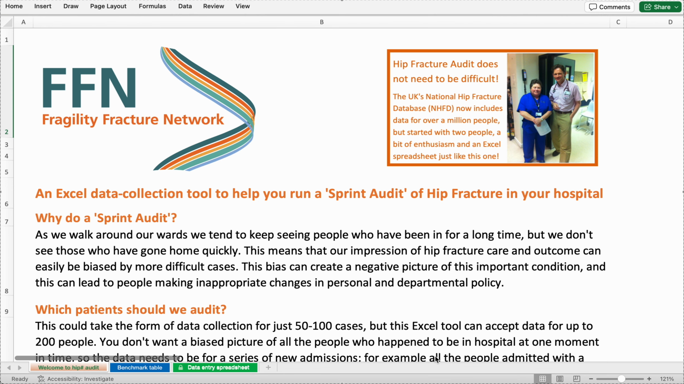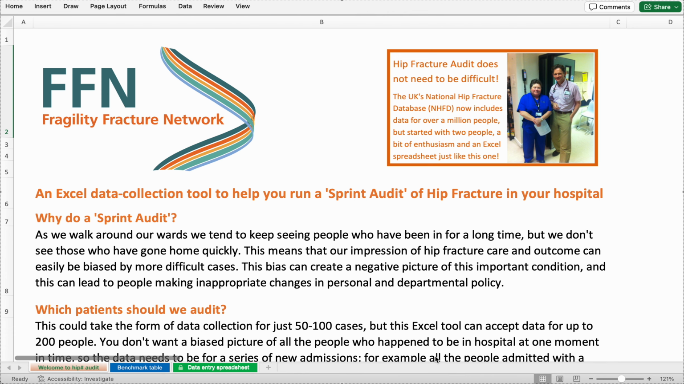Hip fracture audit is embedded in the care of patients in a number of countries now, over 20 when we last counted. And national hip fracture audits can look really intimidating. They're hugely powerful with huge numbers of patients and huge detail being collected. That very power can make it intimidating for you to think about trying to do hip fracture audit in a